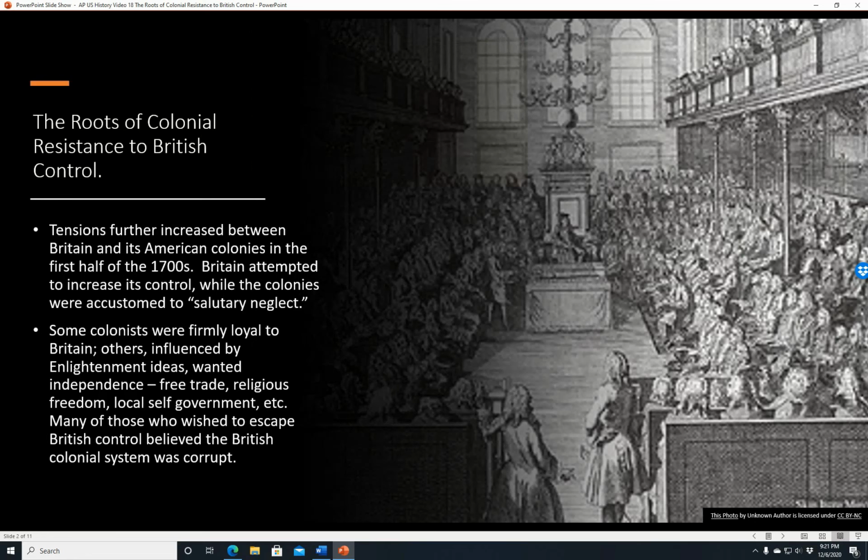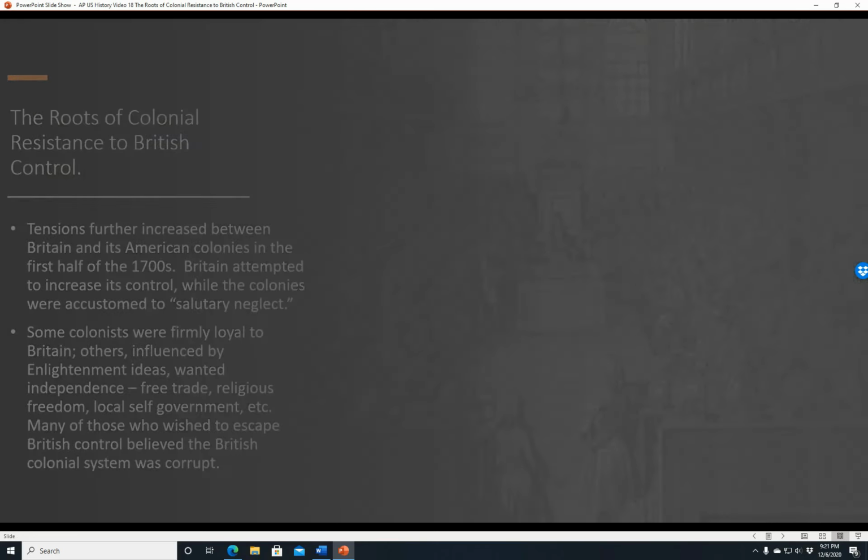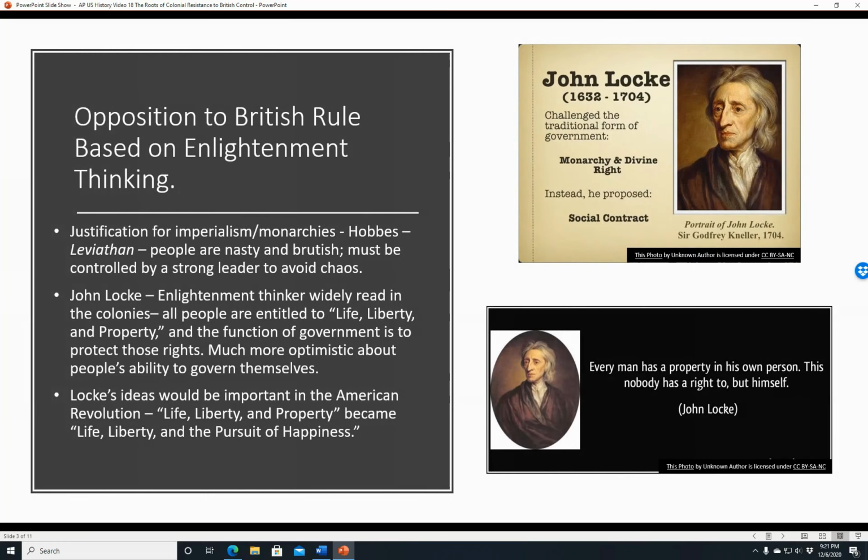Many of those who wished to escape British control believed that the British colonial system was corrupt. The opposition to British rule was based on Enlightenment thinking. So the justification for imperialism and monarchies in general was from Hobbes, a philosopher who wrote a book called Leviathan, in which he explained people are nasty and brutish and they must be controlled by a strong leader to avoid chaos and anarchy in the bad sense of the word, where if nobody rules, we can't have a society, nobody will be able to behave themselves, we'll all live like cave people, and that's probably even an insult to cave